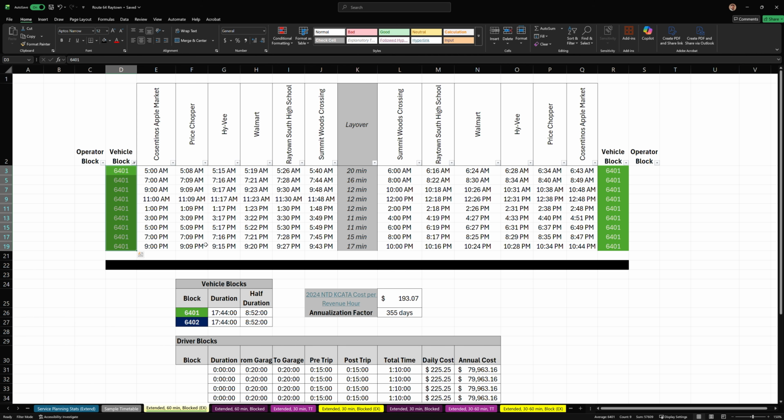6401, since we have 9 trips, it's not going to easily split down the middle. We could split it at Summit Woods Crossing. I'm not going to do that. If we wanted to give an operational reason, Summit Woods Crossing, if we look actually, because part of this